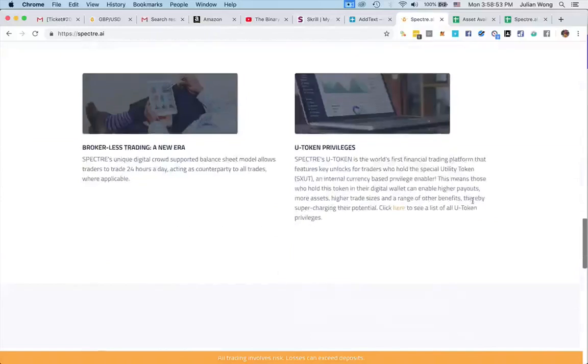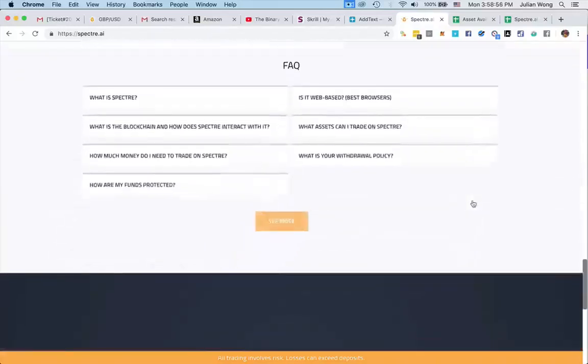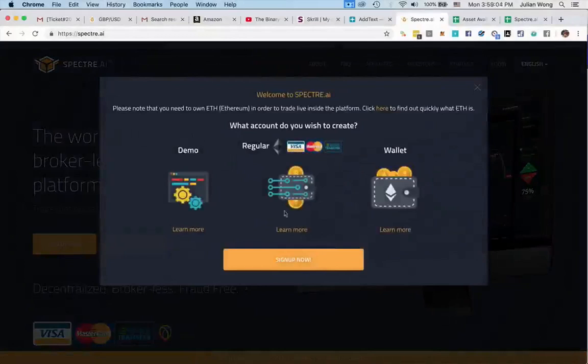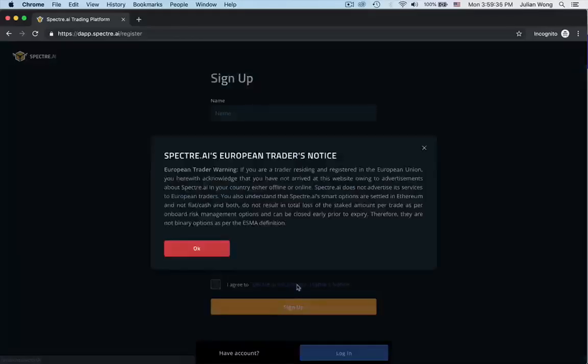And when you create an account, there's a link for you in the video description. It's going to say something like there's this European trader notice. If you're a trader residing and registered in the European Union, you acknowledge that you have not arrived at this website owing to advertisements about Spectre AI in your country, either offline or online. So they do not advertise to European traders, and all these will be settled in Ethereum, and therefore it does not result in a total loss of the stake amount per trade as per